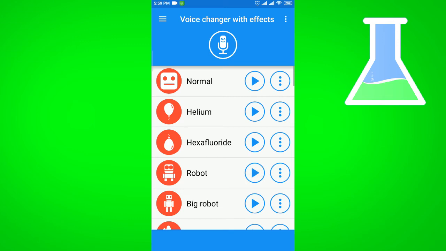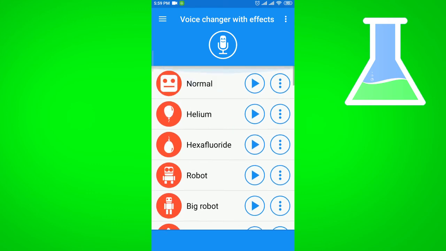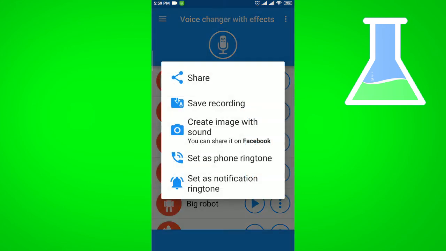So this, according to your requirements or according to your choice, you can save any of these effects. So suppose I'm selecting this helium effect, so I'm clicking the three dots, then if I save record, then it will save. Again, if you want to share it to any messenger or communication app, you have to click on